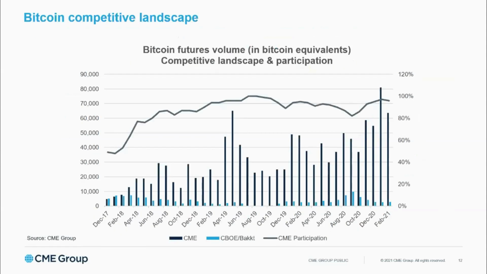And then when you take a look at Bitcoin futures volume in Bitcoin equivalent versus some of our competitors, what this slide is really showing us is that people are coming to CME Group to trade cryptocurrency derivatives, and they're coming to CME Group to manage risk, but to also speculate. And we are trading the most in Bitcoin equivalent versus our peers. Crypto equivalent derivatives.